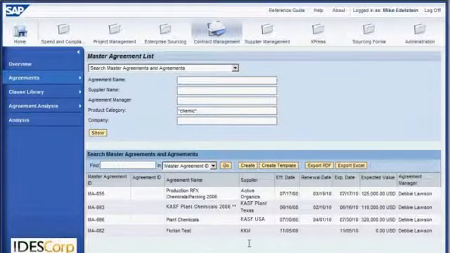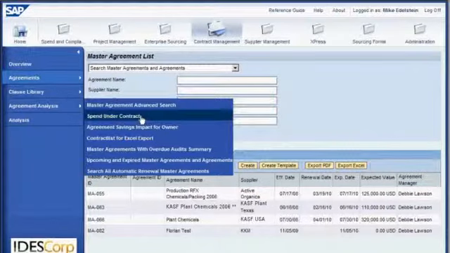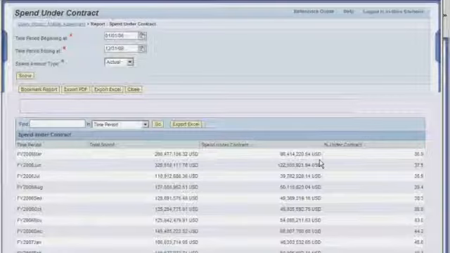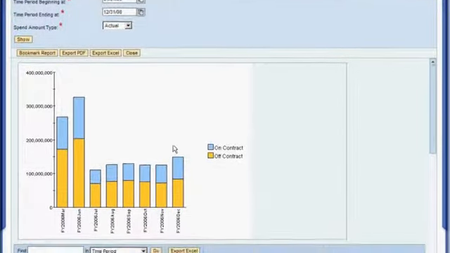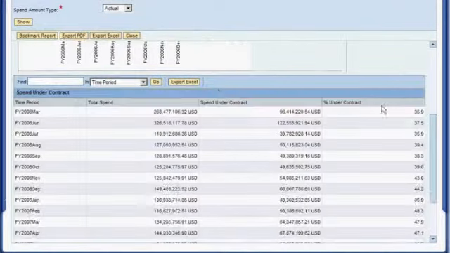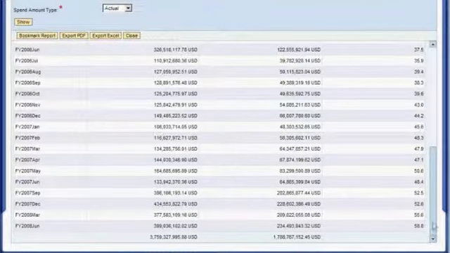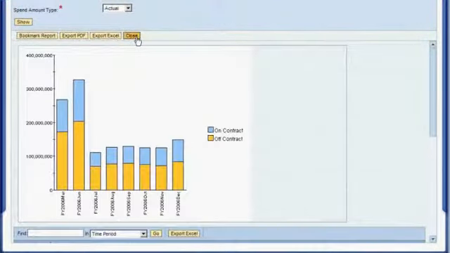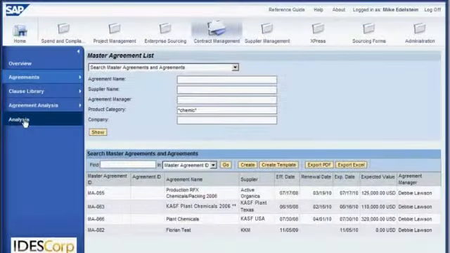Next, I want to do some analysis to see the impact of agreements on my organization. For example, the Spend Under Contract report shows how much spend is on contract and off contract from a portfolio perspective. I can see that we're increasing our on-contract spend over time, which is good, but we still need to improve our contract compliance. Doing further analysis, I can see a set of master agreement analyses, such as agreement savings